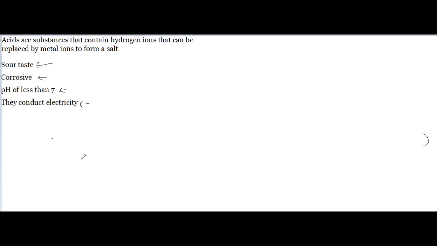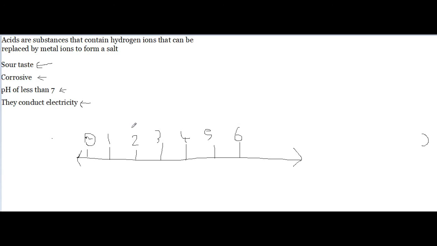Now, there are several ways in which we can actually classify acids. The first one is in terms of strength. So, say we have the pH scale, and this is going to be the pH scale for below 7. So we're going to have 0, 1, 2, 3, 4, 5, and 6. This is for below 7, and the lower you get on the pH scale, the stronger the